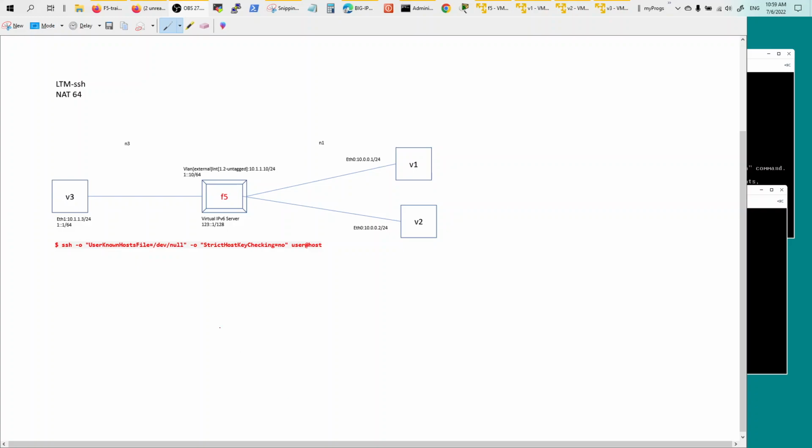So in this video we will talk about F5 and how you can use F5 BIG-IP for load balancing, which is LTM, Local Traffic Manager, and NAT64 LTM. F5 can be downloaded for trial, and once you open an account with their website and download the F5 BIG-IP,